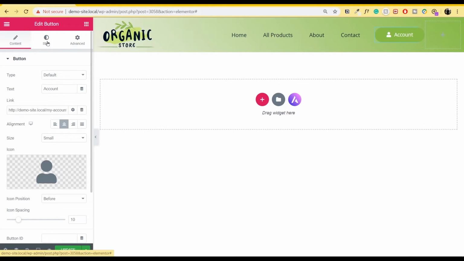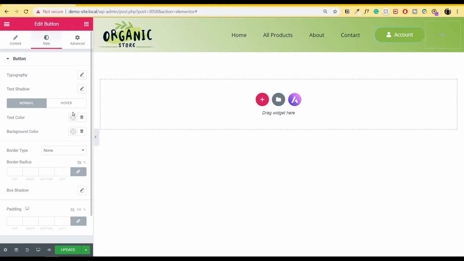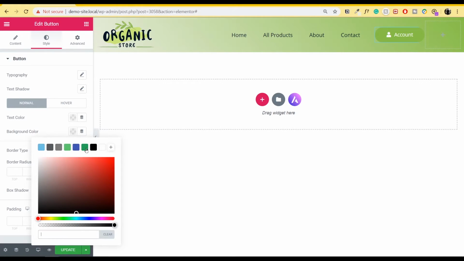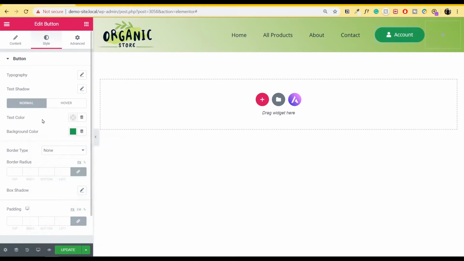I will go inside style and we'll change a few styles. So first of all, let's change the background color. So I'll just change the background color from light green to a darker green. So that looks good. Now in the last column here, I'll be placing a cart menu, which will show me the cart position as to how many objects I have in my cart right now.